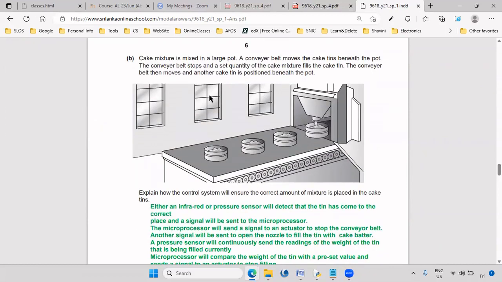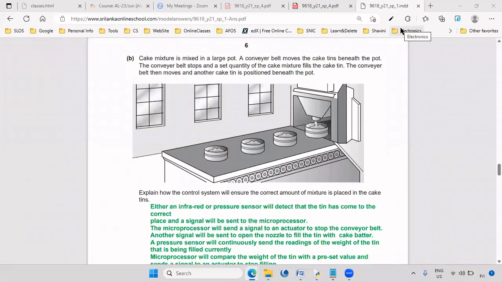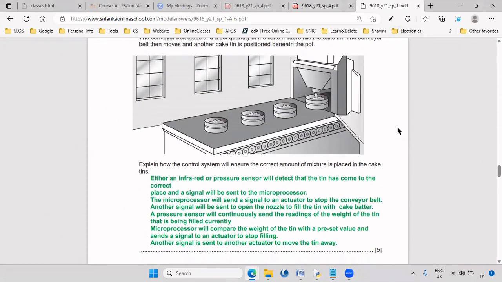Cake mixture is mixed in a large pot. A conveyor belt moves the cake tins beneath the pot. Conveyor belt stops and a set quantity of the cake mixture fills the cake tin. Conveyor belt then moves and another cake tin is positioned beneath the pot. Then the control system. Explain how the control system will ensure the correct amount of mixture is placed in the